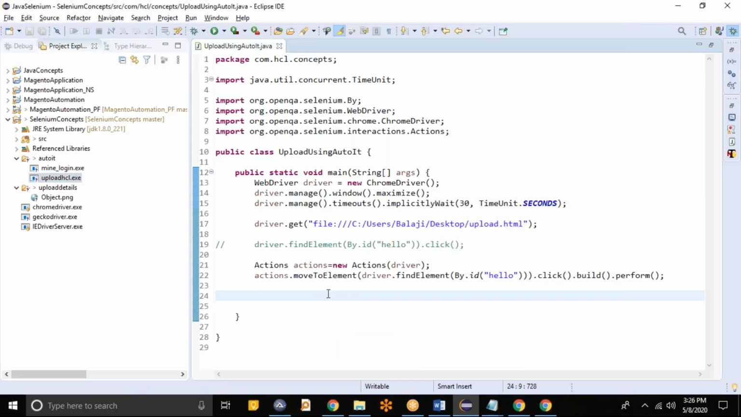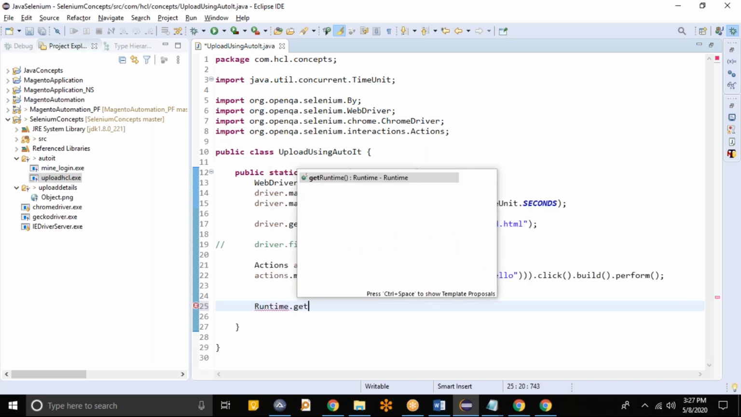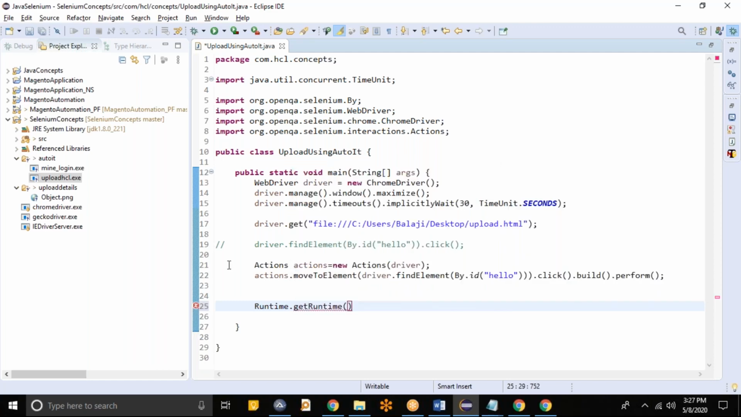Now we need to trigger it, right? After clicking on the upload, there is a 3-second delay. So inside the script itself, we have a delay. If you want to give some thread sleep, you give it. Otherwise, you can call that method. In order to call the method, we'll be using a class called Runtime. Runtime.getRuntime returns a Runtime. I have to store it in Runtime. And then I have to call the exe. Otherwise, you can directly call the exe. That command you just pass, which is nothing but AutoIT slash